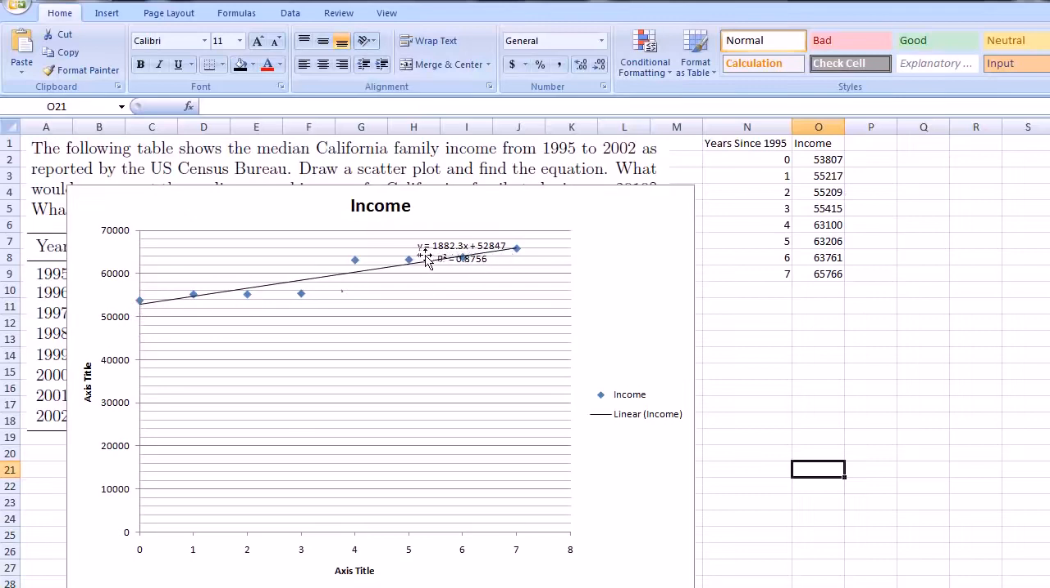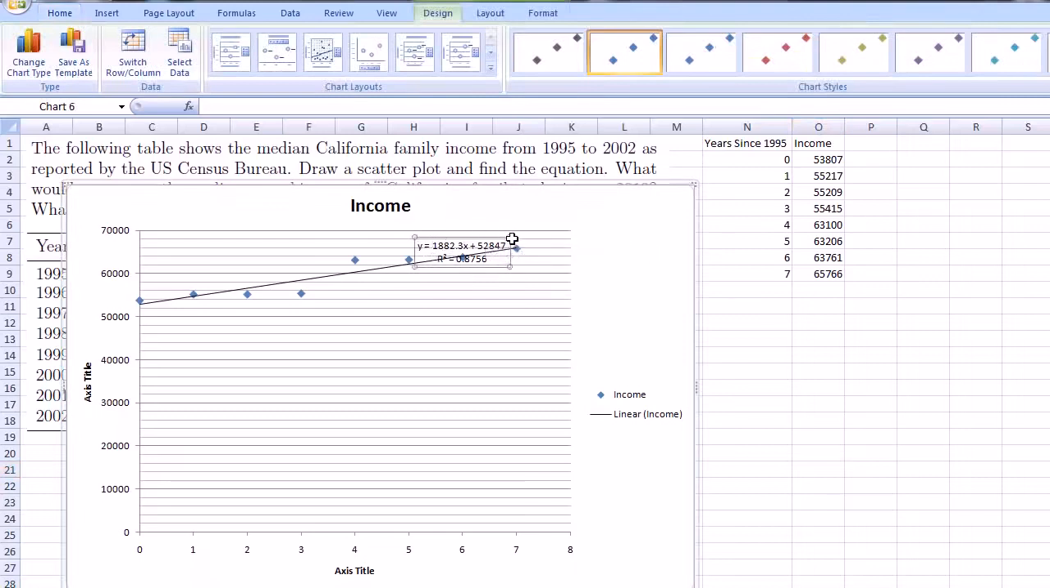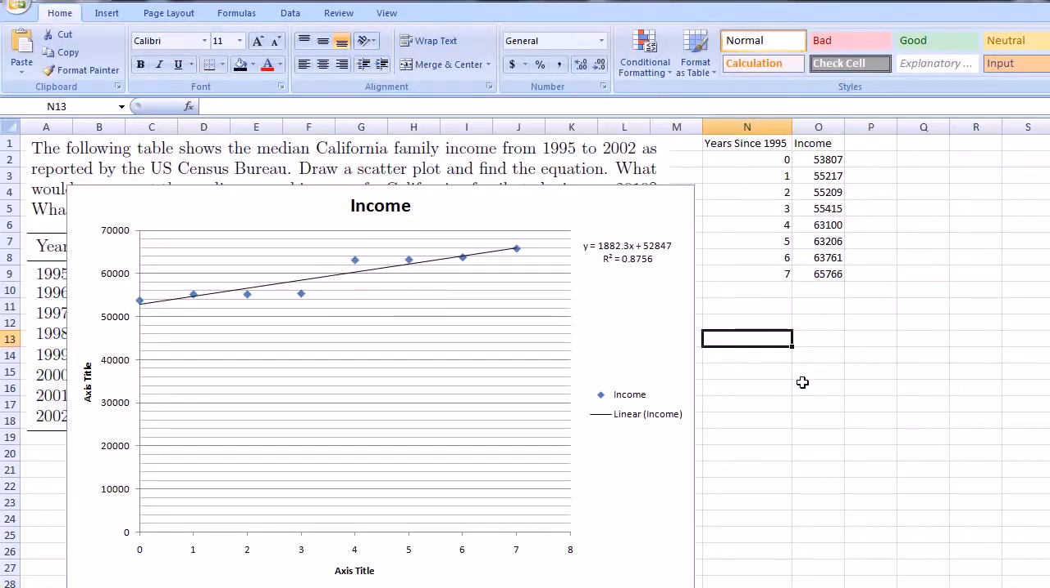It says the equation of this line is y. Let me see if I can make this a little bit bigger. I'll move it out of the way so you can read it at least. So it tells me right here that the equation for this line is y is equal to 1882.3x plus 52,847. So if you remember what we know about slope and y-intercept, the y-intercept is